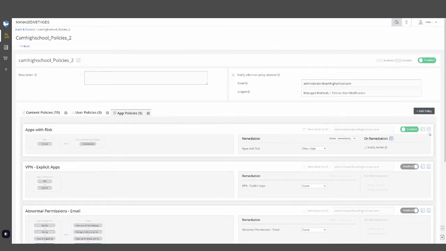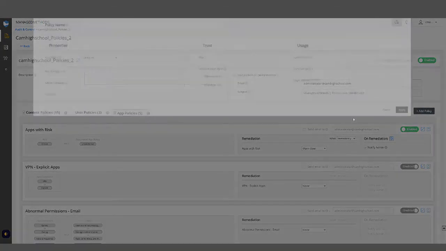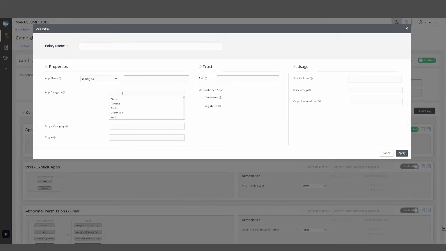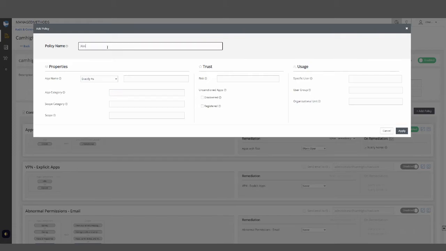Now policies can get a little bit more complicated as well through various ways, and this complication can be very helpful if you're trying to narrow things down and get a little bit more granular. So here, we could look at scope categories and app category. Let's start off with app category. Maybe it's a concern of, hey, there's a lot of applications I've noticed that have high level access into drive files. So maybe I call this one abnormal permissions